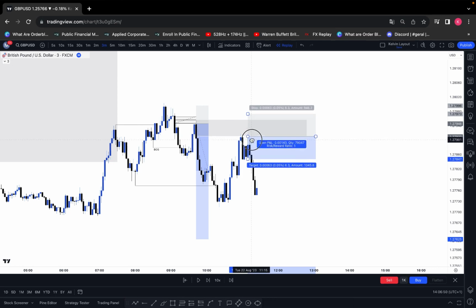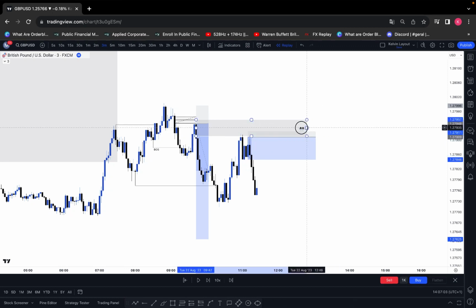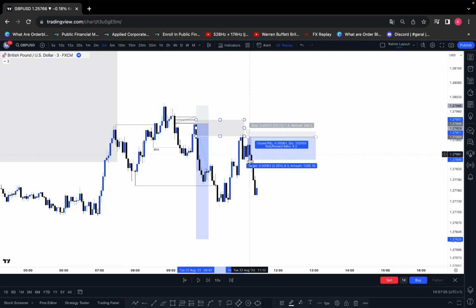Let me quickly go back to, I believe it was somewhere here. Yeah, so that's where my entry was. I had a 1.5 pip stop loss on this one right here, and I mean this was a beautiful trade